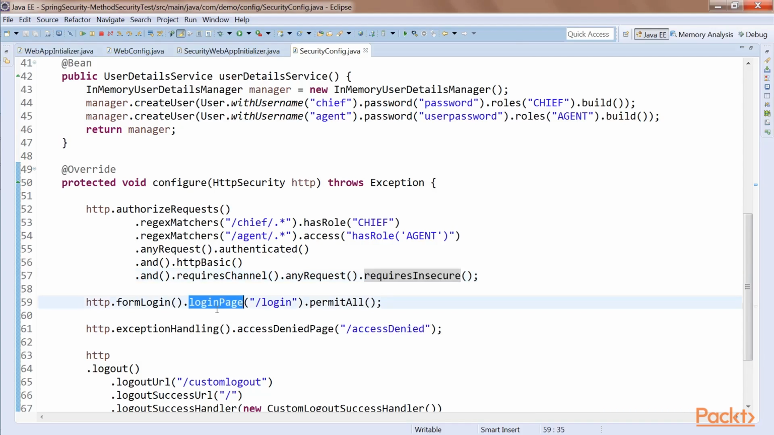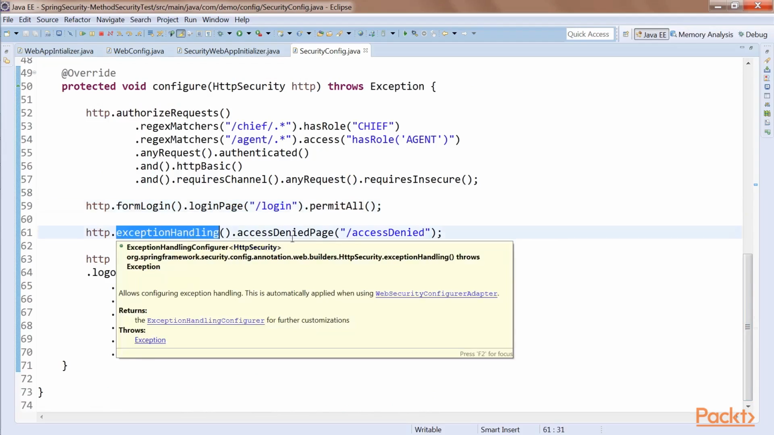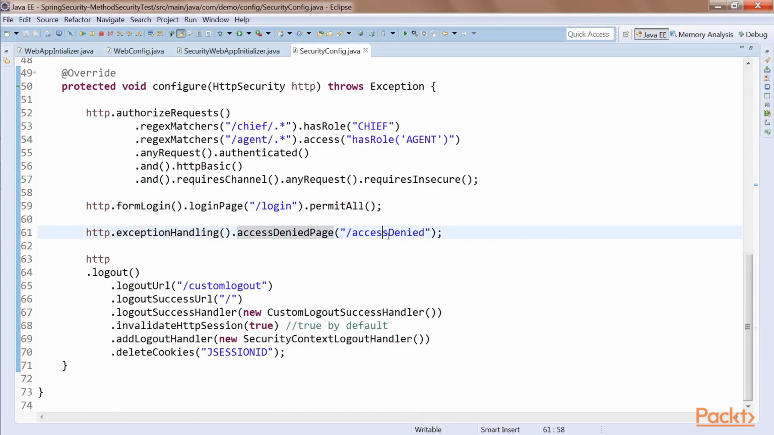Form login is the login page, and it should be redirected to the login. That is a default Spring Security login URL which we added in the view controller registry. This needs to have all users access, anonymous access. That's why permit all. If the access denied exception occurs, then HTTP exception handling, and this should be redirected to